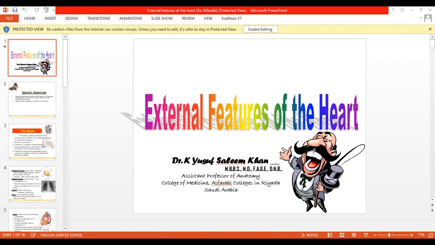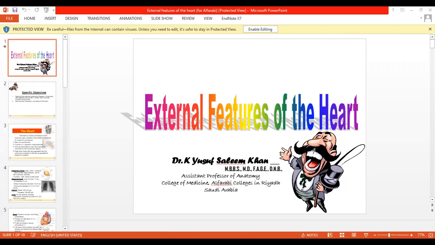And it consists of four chambers. As we know, there are two atria and two ventricles. If you see here, these two on the top are called the atria, and there are two ventricles, the right and left. Right atrium, left atrium, right ventricle, left ventricle. The atria are separated by the interatrial septum. Inter means in between, so between the atria there is a septum. If you imagine, see here, two atria and between them is the interatrial septum.